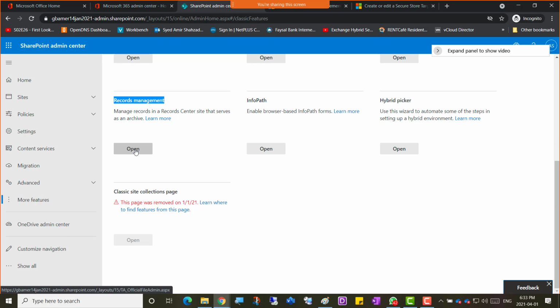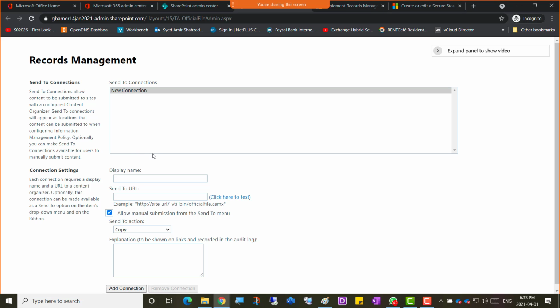So once we click the open, it opens in another tab, and basically it is going to be a collection of URLs that contains record center. So this records management is just a collection of URLs. I'm going to show you what I mean by that, but in order to